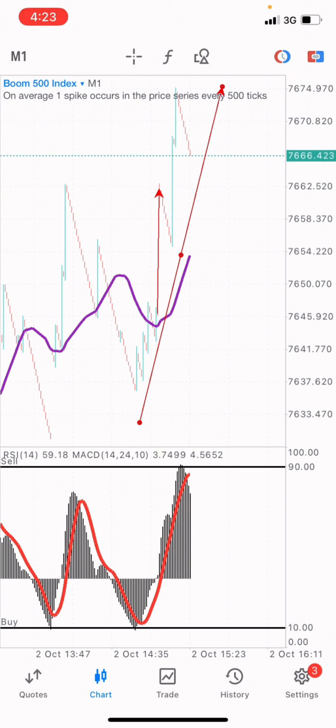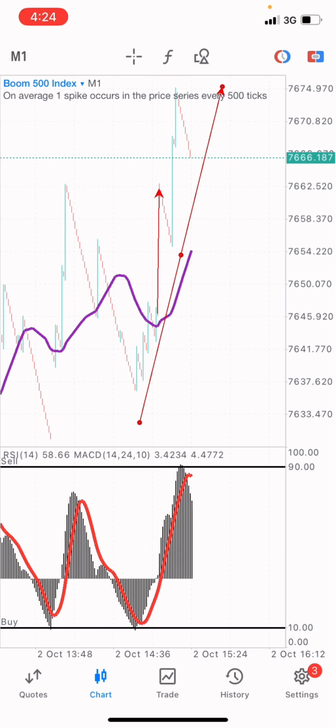Okay, you should understand the fact that there's a certain amount of time whereby the market is going to buy and when the market is going to sell, and you should always know that point whereby the market should retest, where the market should drop or increase in price movement as well. So this is what you need to understand right now.